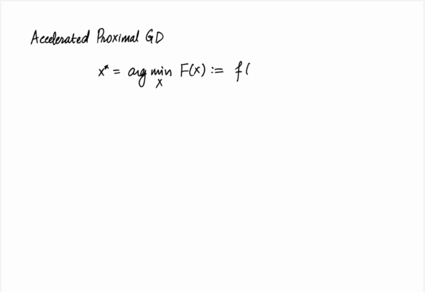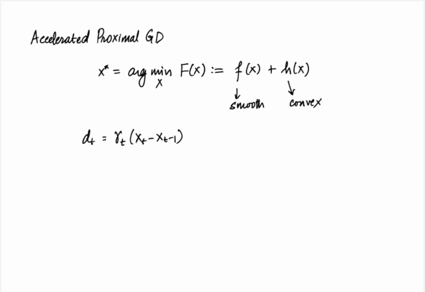The accelerated proximal gradient descent can be used to solve the composite problem x star equal to argmin over x of capital F of x, which is f of x plus h of x. Here f is convex and smooth, but h is convex and proximable. The proximal variant can be developed along similar lines and is written as dt equal to gamma t times (xt